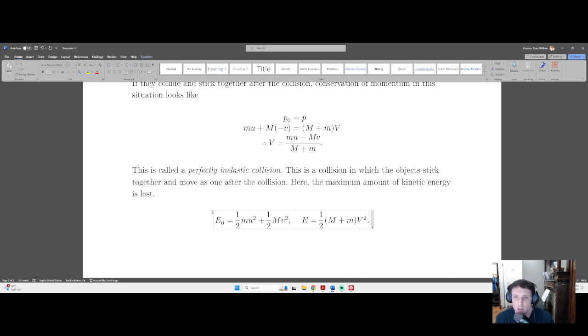This is good, and physicists really like to talk about collisions, especially particle physicists, because they use particle colliders. These ideas, with various modifications, all still apply in situations like that, where you have very tiny particles moving at very, very fast speeds. But we're not going to really get into that at all. But anyway, if we have a perfectly inelastic collision, then we also might have